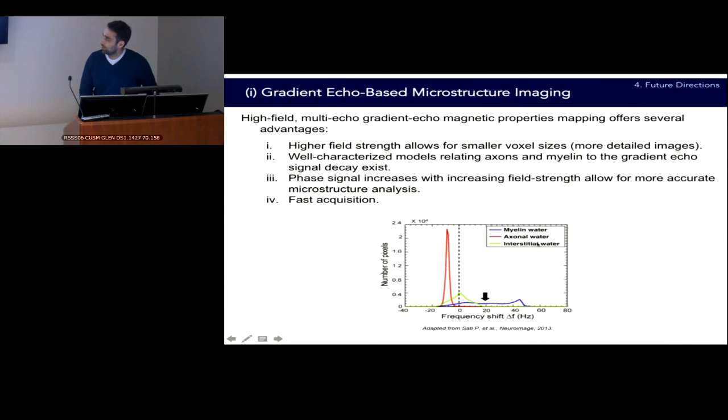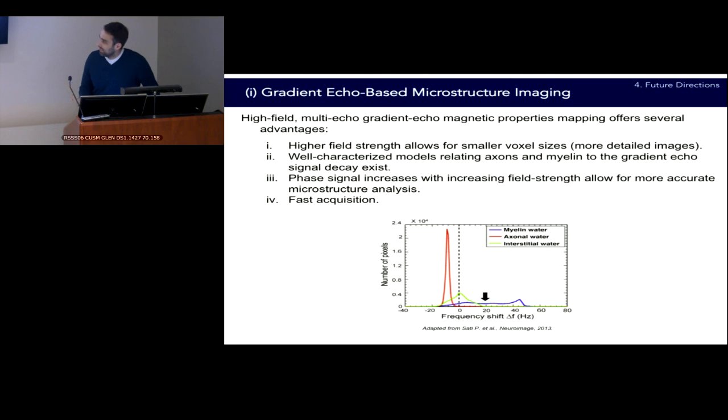But one of the challenges, if it's done simply based on the magnitude data, is that we can't separate what's in the extracellular space from the axonal water and the myelin water, that is the water trapped between the myelin bilayers. However, if we use the phase signal, i.e. the magnitude and phase,